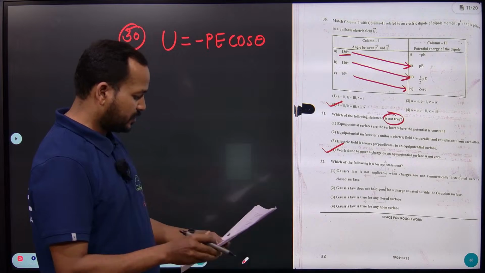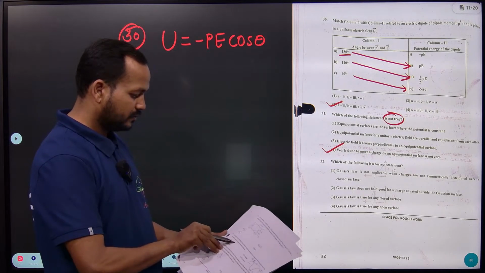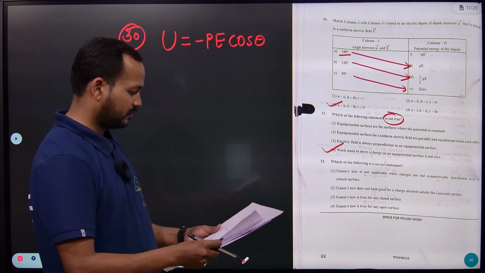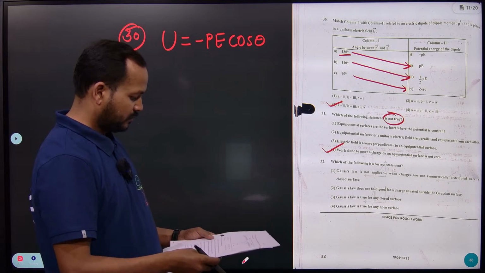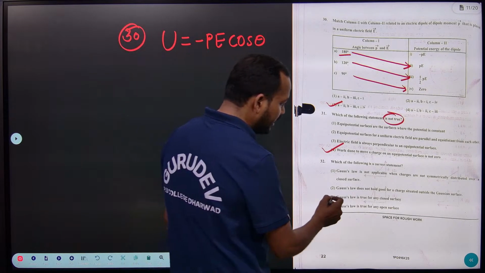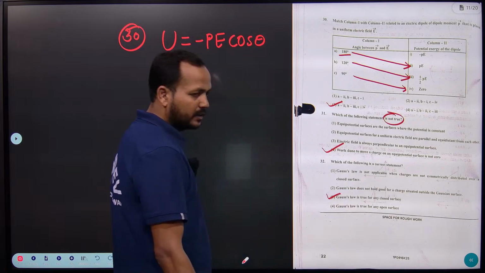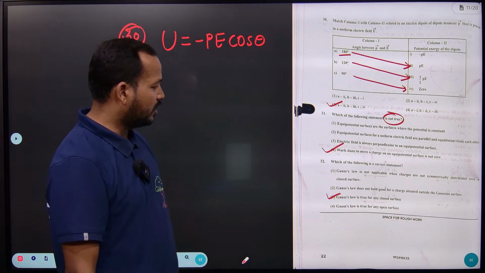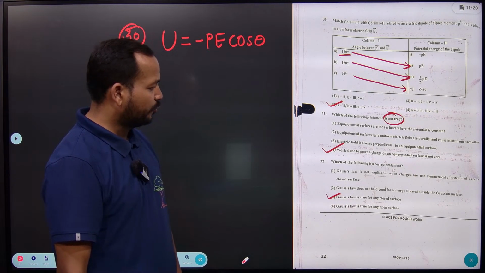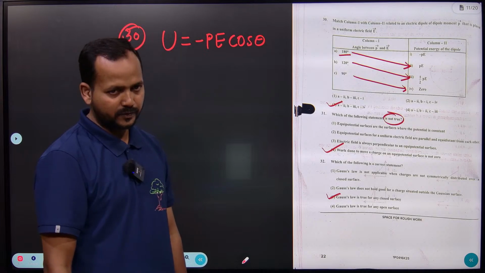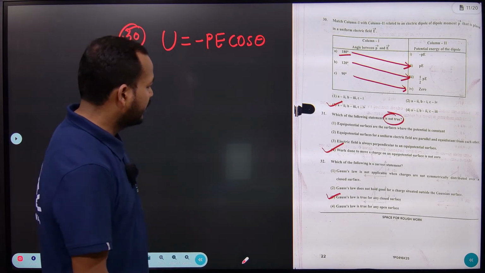So the option is: Gauss law is true for any closed surface is the correct option. Gauss law is true for any closed surface. This is a correct answer. Now next,